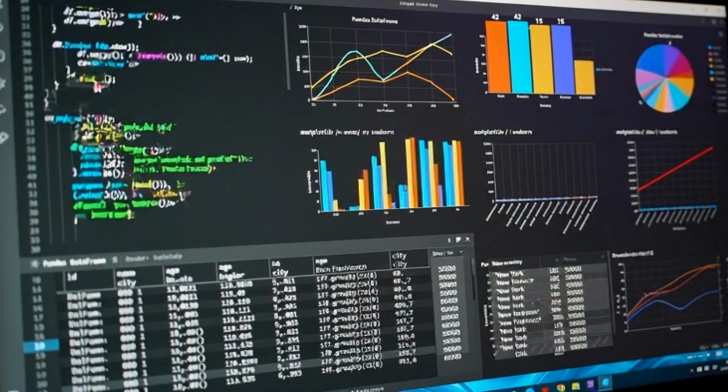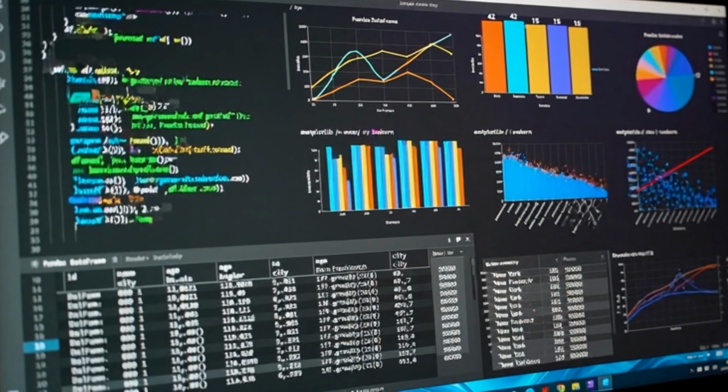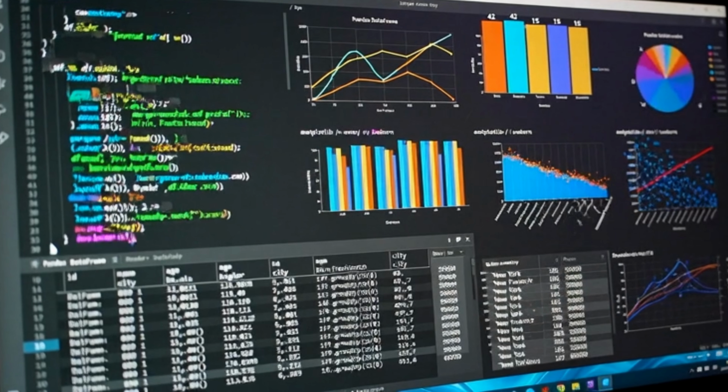Pandas gives you the capability to read data from any file in a structured format, like from any CSV, Excel, or from any database. With this, you can create a lot of data features, and create data that can be used by any ML model or in data analysis. It helps you to clean the data, handle any missing values, and merge different data sets. So it's a very powerful tool.